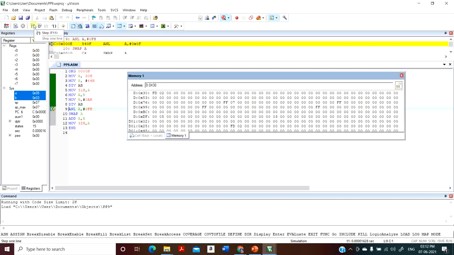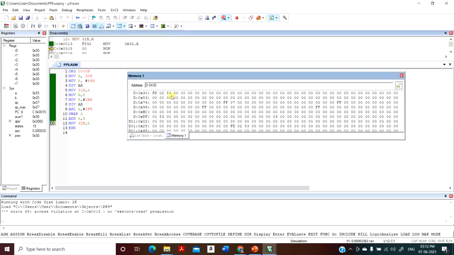Now we need to perform the masking of the accumulator with 0F. You can see after masking it is 0,5 itself because it is in the lower nibble. Then you need to perform the swap. After swapping, 0,5 changes to 5,0. Now we are going to add it with the remainder 0,3. The result should be stored in the accumulator. So that will be 53. But our intention is to have it in the location 32H. So when we execute the next line of code, you can see 53 is present in the memory location 32H.